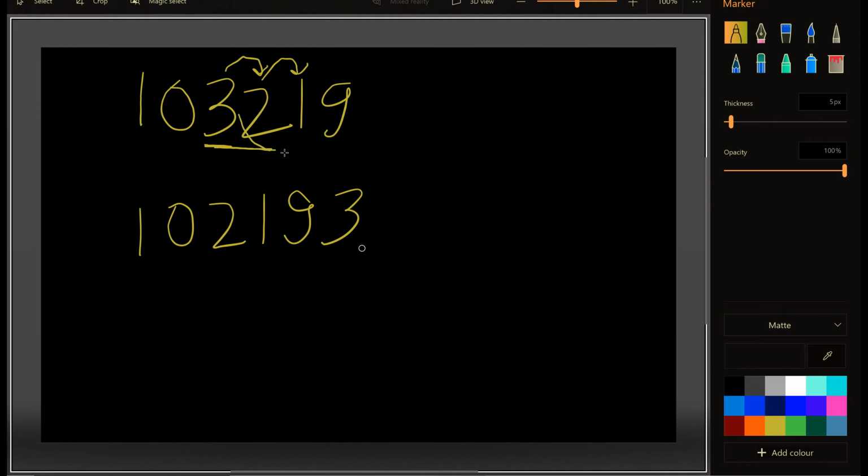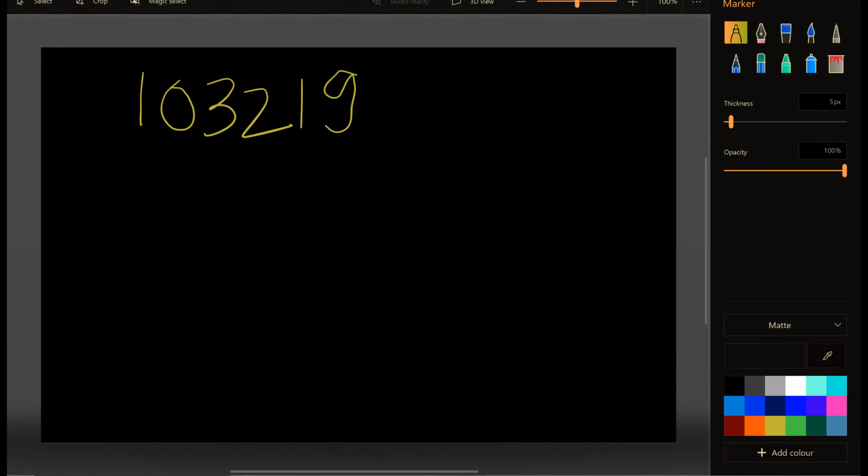However, when 3 is over here, we cannot cross it over 9 because 3 is smaller than 9, and if we sort these two indexes, we will still end up with 3 and 9. So the key observation here is that a smaller number cannot cross over a larger number. So that is the main thing over here. Now we are going to look at the algorithm for how we can solve this question.